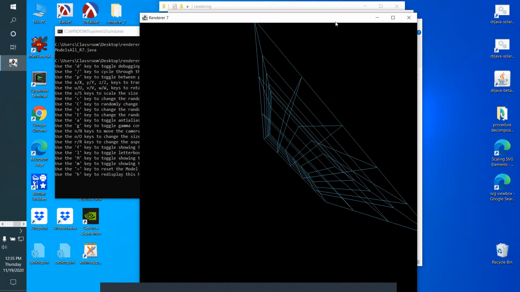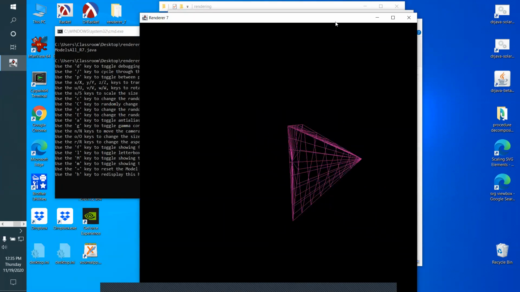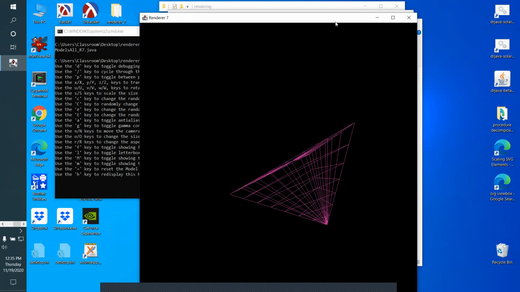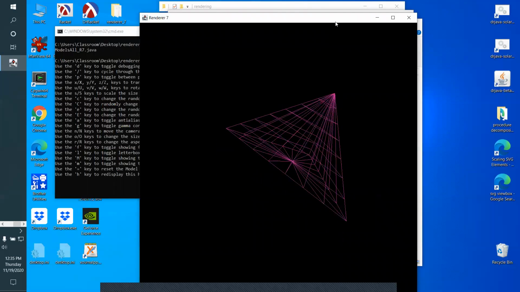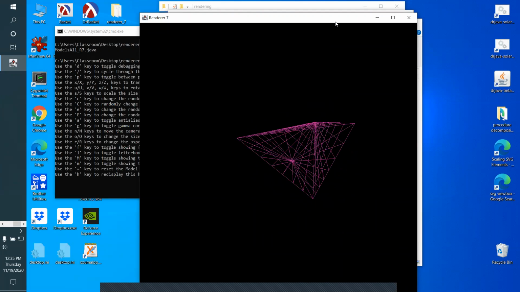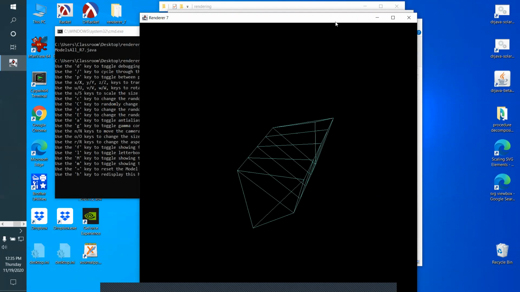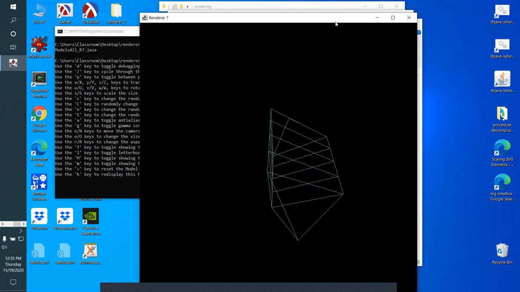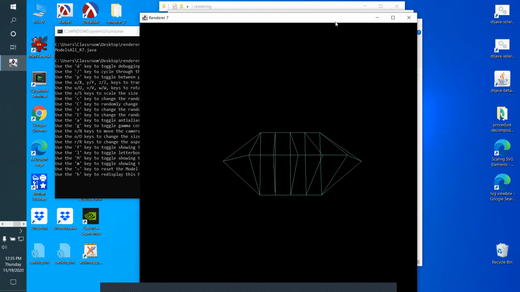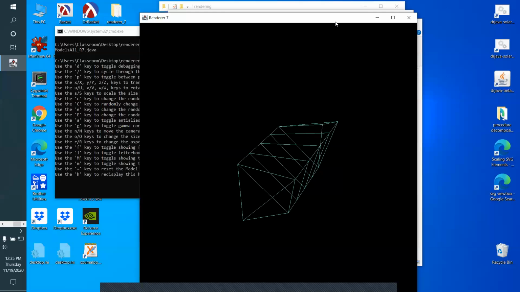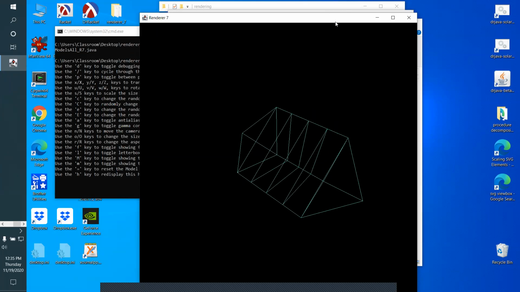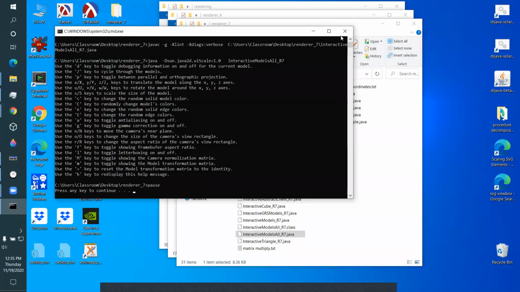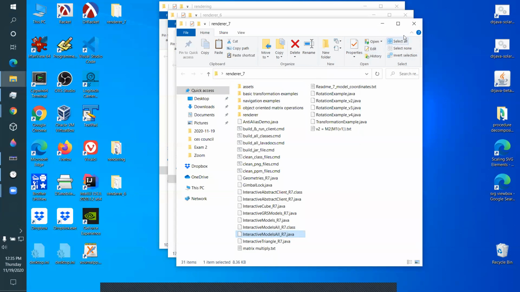It's one of the biggest parts of all of computer science, the use of matrices to manipulate models. And then the next step after that is we'll be able to use matrices to move the camera around. Right now, we can't move the camera. So once we've introduced matrices that let us do things like this with models, then we can also use the matrices to move the camera around. So what you need to know for that,